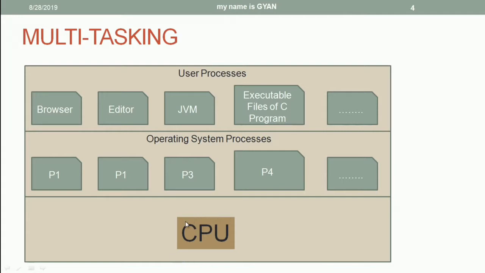This is not about only one CPU or only one execution unit. It may have more than one execution unit, but at the same time, the operating system has dozens of processes. So anyhow, the operating system has to manage dozens of processes on just one execution unit, just one CPU core. When an operating system has to manage more than one process on a single CPU core, this facility is called a multitasking system. Operating systems provide the multitasking facilities. Otherwise, we would not be able to execute dozens of programs on few CPU cores.